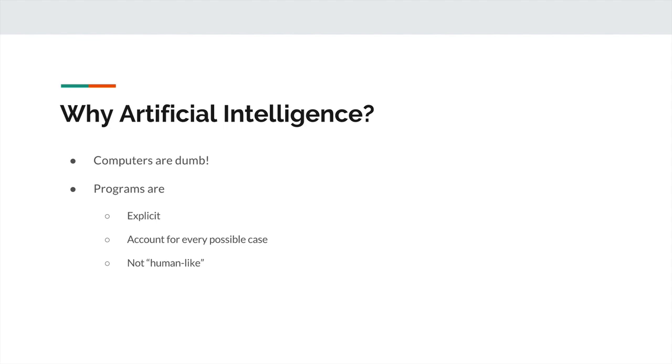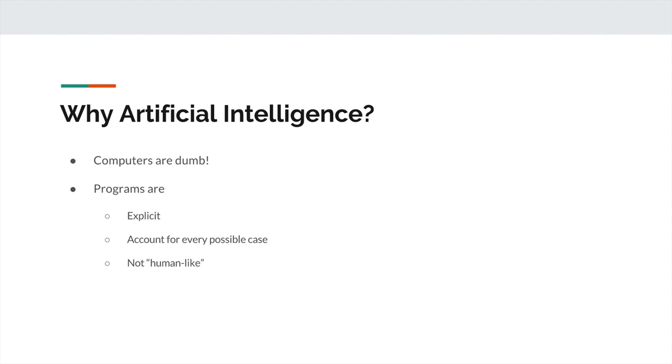And these instructions are very, very explicit. You say, well, let foo equals 4 or something like that. The instructions you're giving it are really explicit, and they can't be vague in any sense. They have to be very clear. Another problem with this is that you have to account for every possible scenario in your code. So think of this as being like switch cases or tons and tons of if-else blocks. When the user gives some kind of input, you have to do lots of checking to make sure that it's within the parameters of your program, and so on.